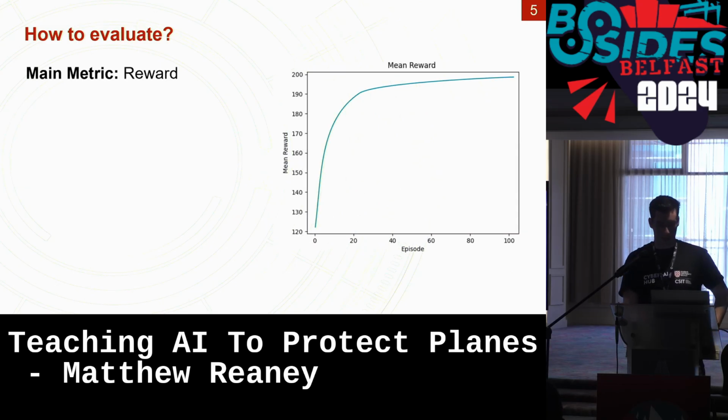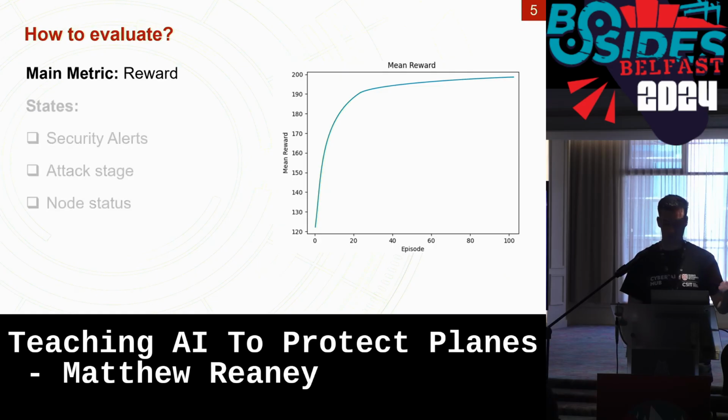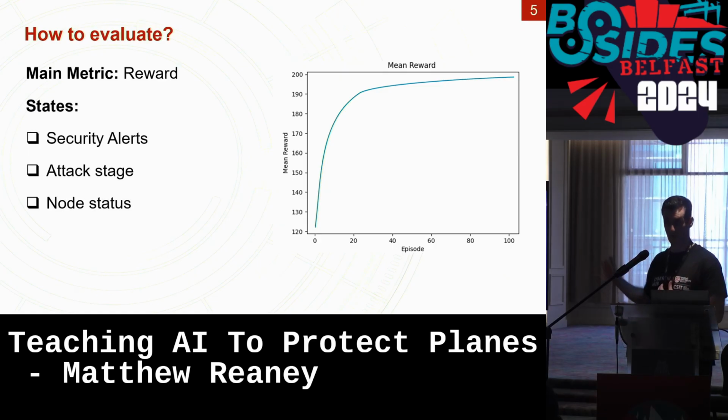So, as I said, you're going to use reward as your main metric, and ideally it starts off low. The first few times you train it on this scenario, it doesn't really know what it's doing, but it should figure it out, and then it'll learn that and then plateau. But we don't want to just look at reward. This is the same thing as just looking at accuracy. We want to understand the behaviour, and we can do this through a few different ways. So we can go deeper than just this.